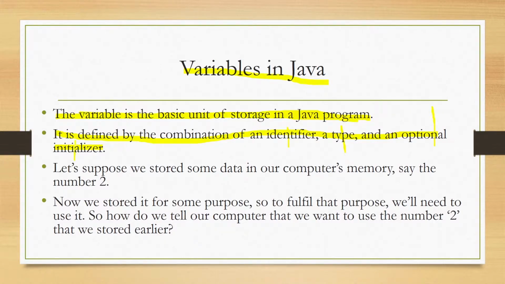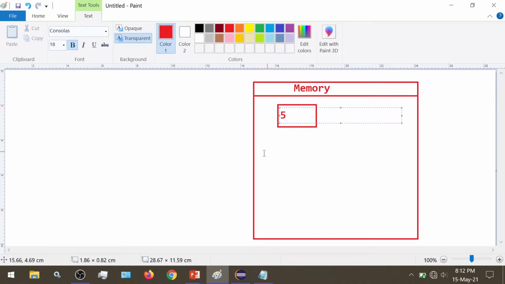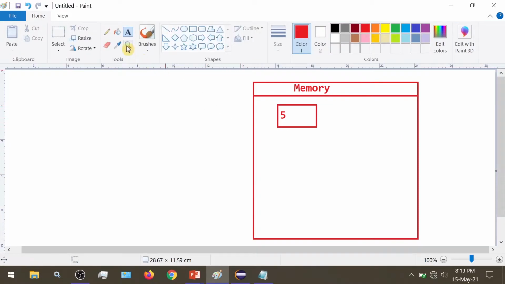Now let's understand what exactly a variable is. Given our computer's memory, suppose we want to store the number 5 in it. We did it, we stored the number 5 in the computer's memory.